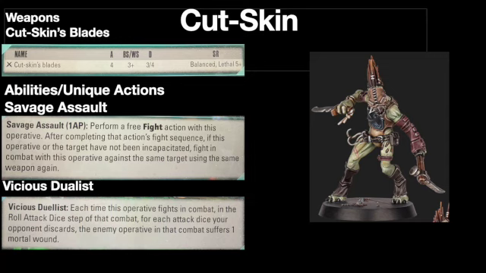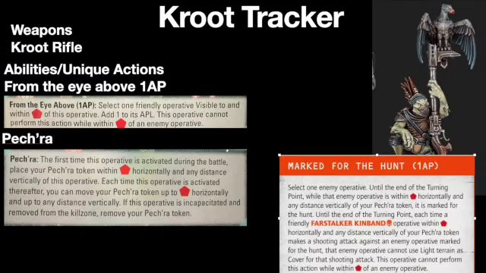So his unique action is Savage Assault, which allows him to fight twice against the same opponent, but he also has an ability called Vicious Duelist, which dishes out mortal wounds for every failed hit of your opponent in combat. Nice. Now for the Kroot Tracker, who I'm pretty sure we've seen on a Warcom article, so just a brief